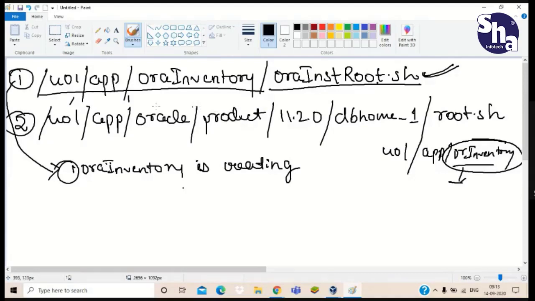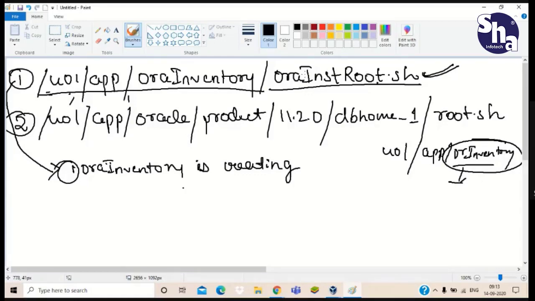But you remember that our u01 directory, and inside it all the directories and files, what are its user and group? Our user is Oracle and group is O install. So these two differ from each other. I've told you that.